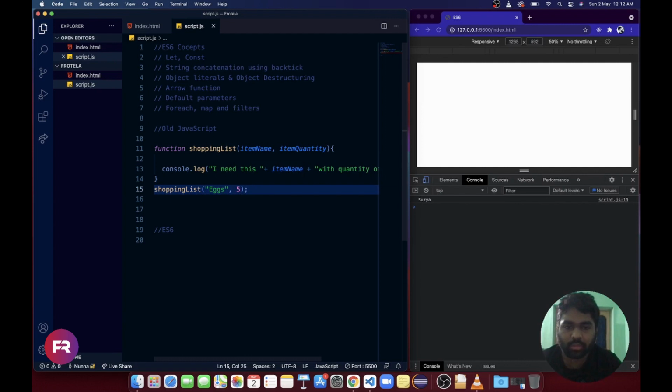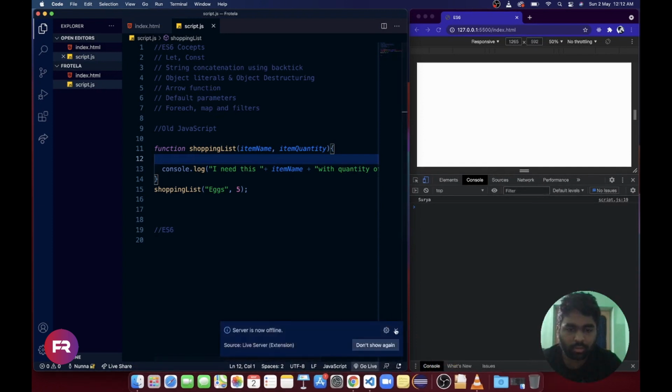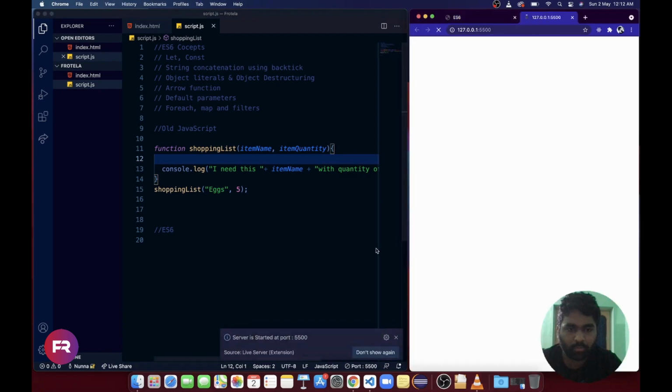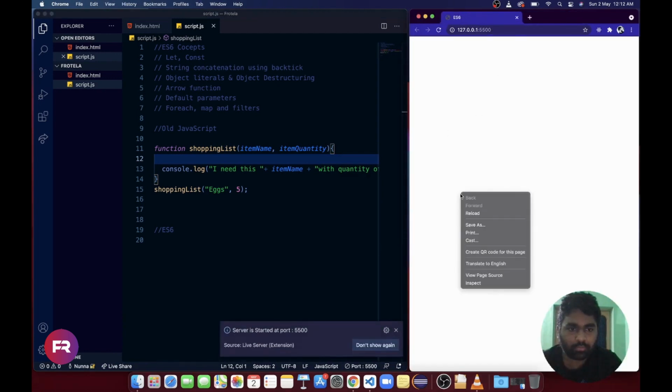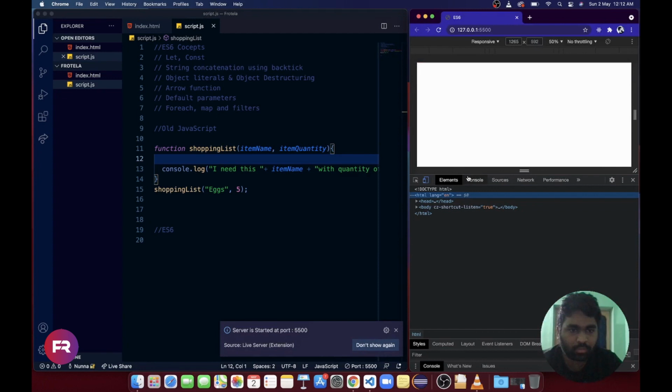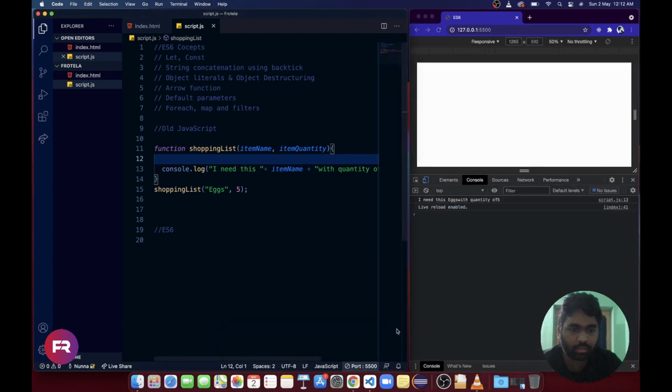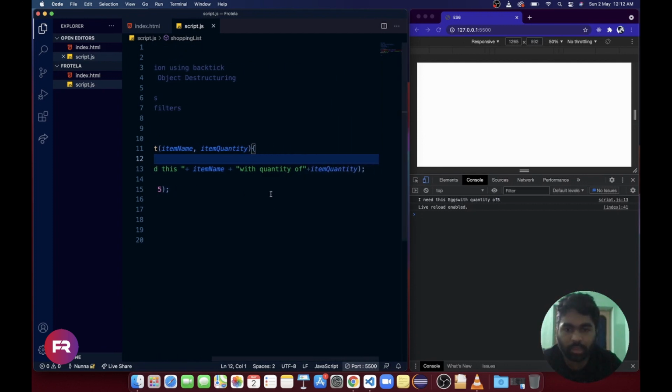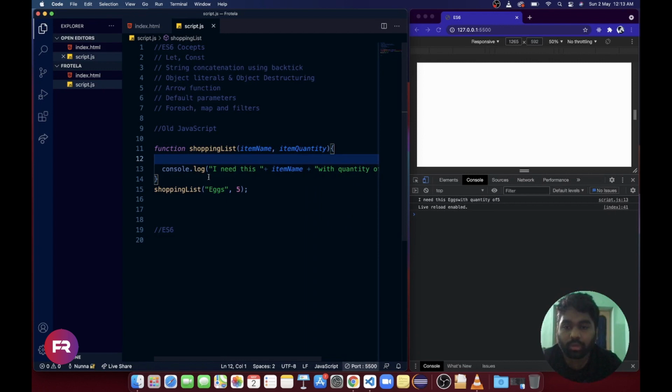Now if I save this and go live, in the console we will see: I need this x with quantity of 5. Now you can see there is no space, I missed two spaces here and here. This is the problem while we use concatenation in old JavaScript.